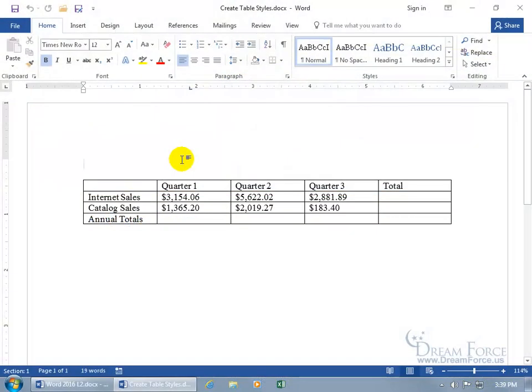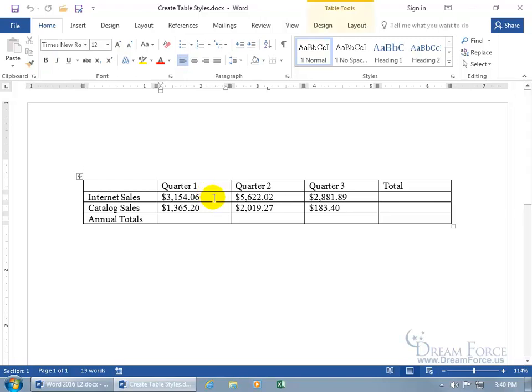In the past two training videos, we learned what a style is, and again, a style is a collection of formats. In this video, we will create a custom style that we can apply to this table. And this will include the text within the table and borders and shading. So to create our own custom style, click anywhere within the table so we can bring up its related contextual